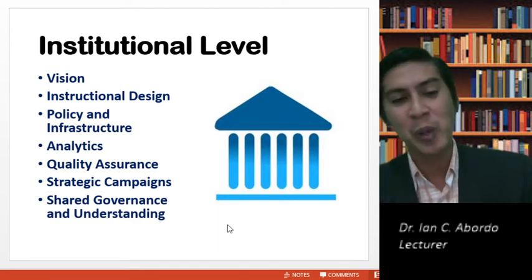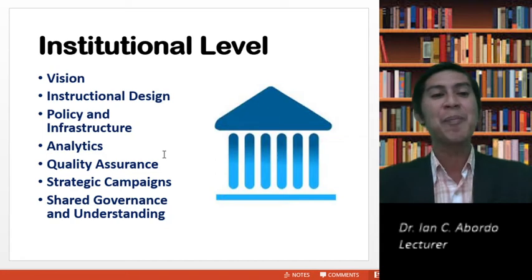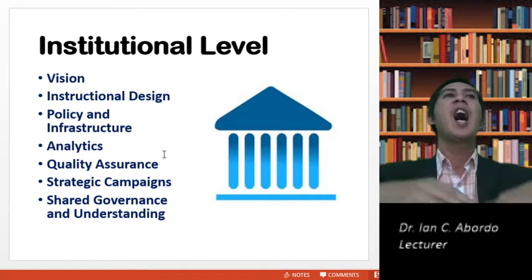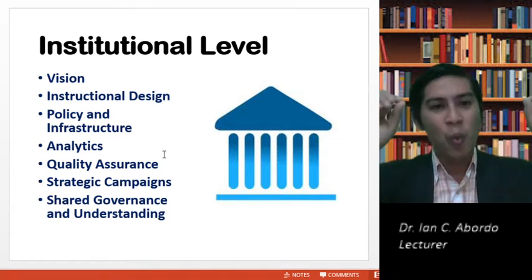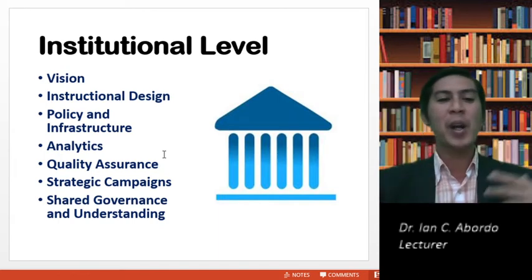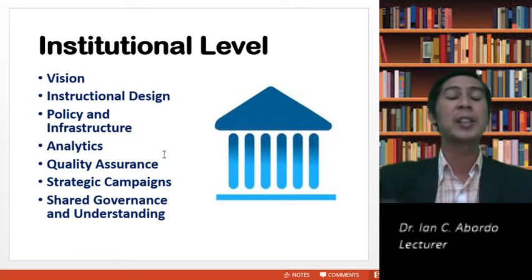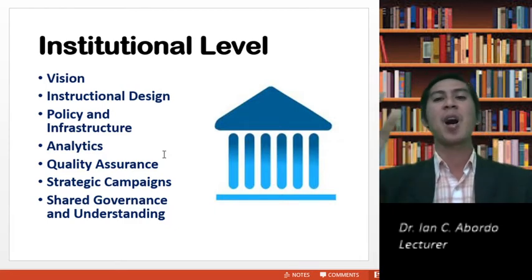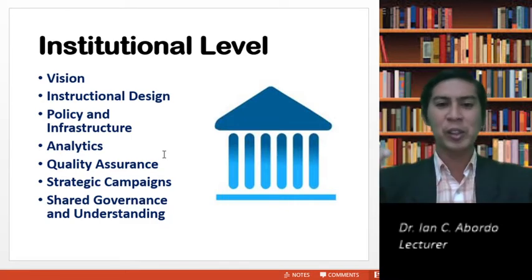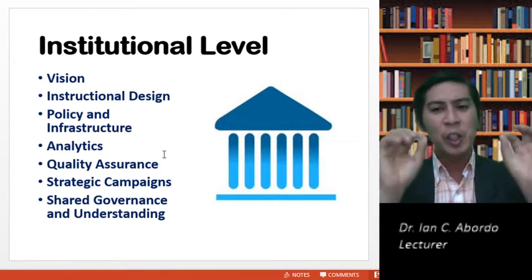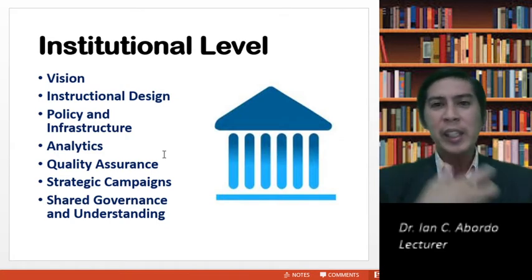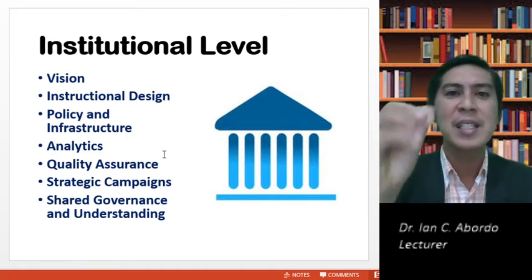We need some data as well. Let's go to analytics. We need some data. How many students will go online, how many parents are interested, how many classes can we establish? You see, we need some data. What are the responses, both qualitative and quantitative? We need to have surveys. We need to gather information from our stakeholders so that we can decide. So it's very important to have some data gathering, analytics, do a little research. And this will establish quality data so that from there we can decide,